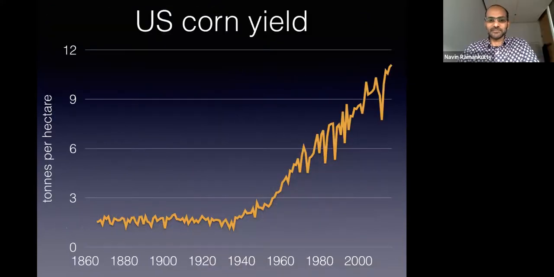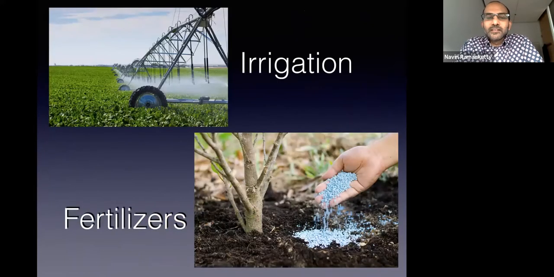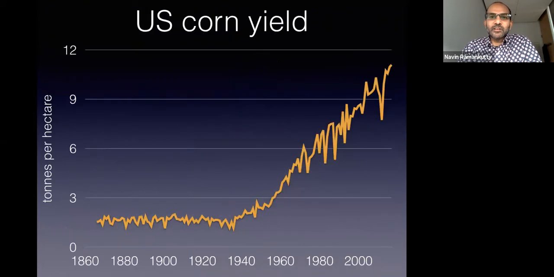Perfect. All right. Okay. So this slide, I was trying to say that it's not just about the amount of area we use on the land, but it's also about the intensification of our agricultural lands. We've been adding more irrigation and more fertilizer use, essentially plant food, to increase the amount of food we can produce on one unit area of land. So through our intensification, we have improved what we call crop yields.